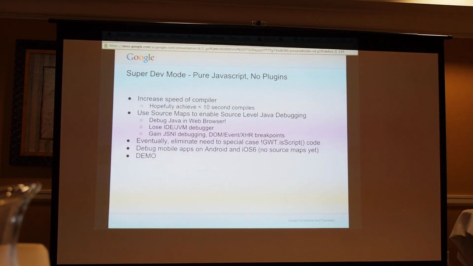So what Super Dev Mode is, it's a pure JavaScript, no plugin approach to basically doing a fast edit refresh cycle with GWT. So if you've used GWT, you know that the compiles can take a long time. If you've got a really modest app, they can take minutes. If it's a really giant one, just to give you a figure, at Google AdWords, which is one of the biggest, it's over 1 million lines of code,